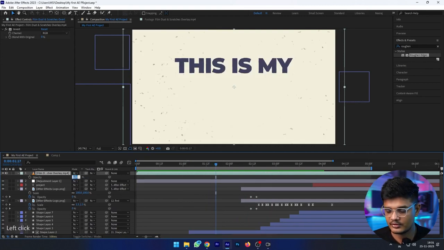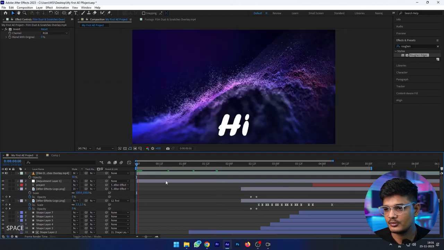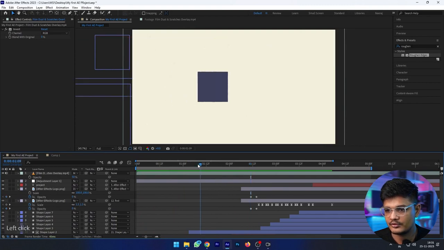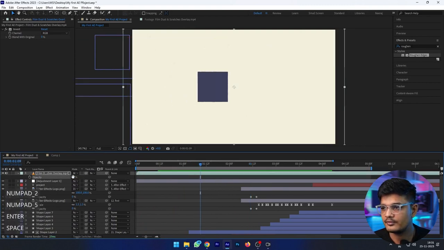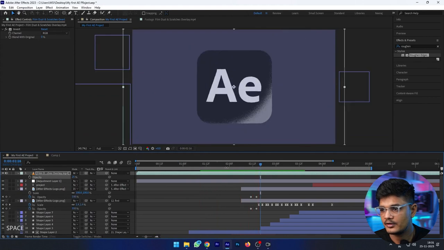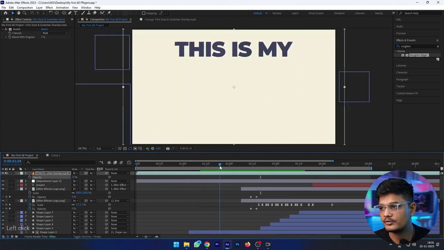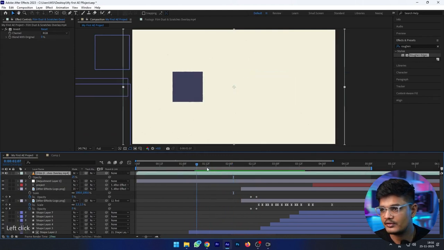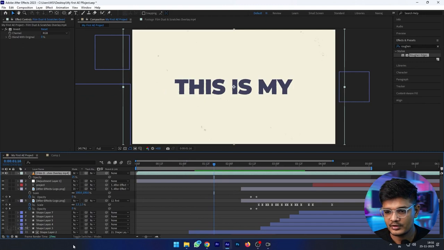Let's change its transparency to 50. Let's change its transparency to 25. Okay, I changed its transparency to 25, and we can also stretch its time as it's coming so fast.